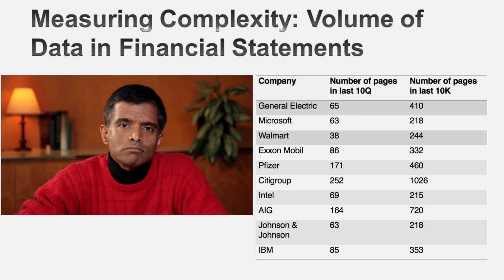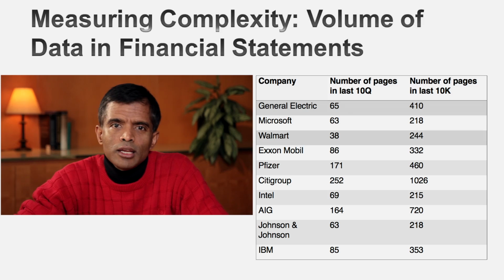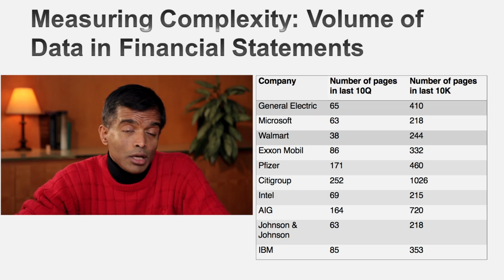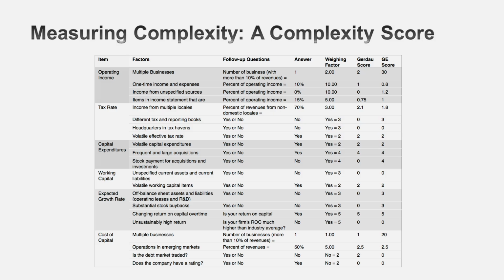But if you want to bring complexity into valuation, you first have to measure it, right? So I'm going to give you two alternate measures of complexity. Here's a very simplistic one. Just count the number of pages in the 10K, the 10Q, or the annual report. I know it's simplistic, but I've found that when companies take hundreds of pages to tell you what happened during a year, they're probably very complex companies that are difficult to value. Now, I know it's simplistic, so you can expand your definition of complexity, and I've tried on this page, and I got a little carried away, by looking at multiple questions you can ask to measure complexity.